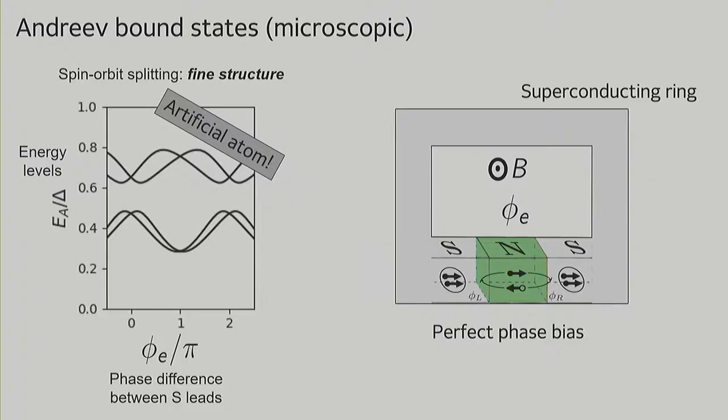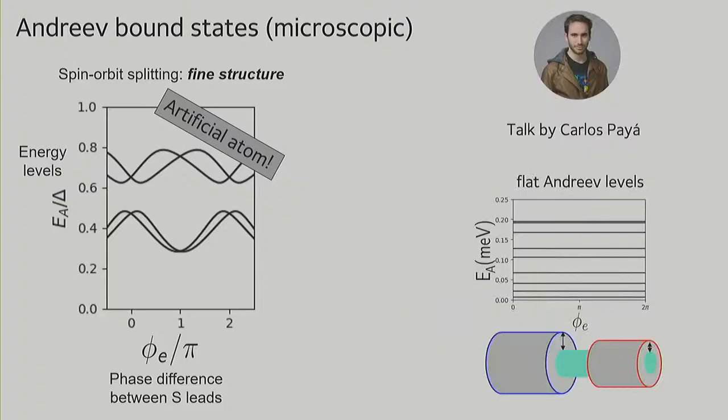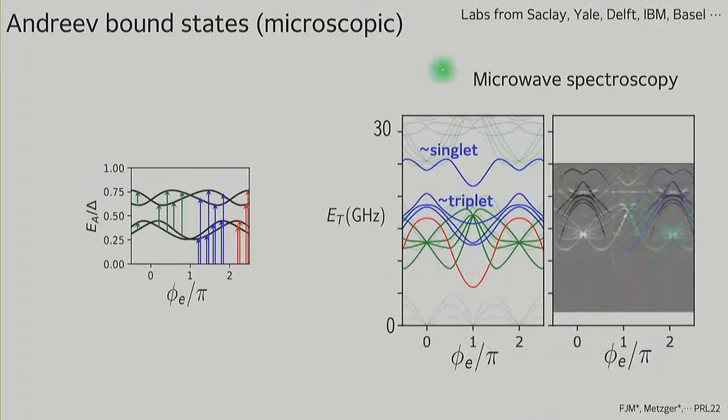Well, if you want to see other fancy Andreev levels, you'll have to wait for the talk by Carlos, where you will see these flat Andreev levels. But maybe your question is how to probe this artificial atom experimentally. Well, you can do a spectroscopy and try to excite different transitions, like exciting a quasi-particle from one Andreev level to another one. You can break a Cooper pair and excite two quasi-particles at once. And of course, in real life,